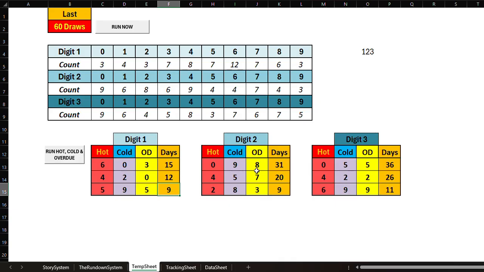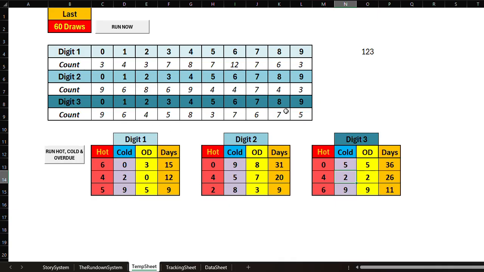Same thing with the second digit. This is the second digit column, or the rows. The hot numbers are 0, 4, 2, and then number 8 itself has come up 4 times, which is also a hot number. However, number 8 hasn't hit again since 31 days ago. And the third, in the middle digit, 20 days ago is 7. And then over here, the third digit side of it, let's say if you were playing the 3,